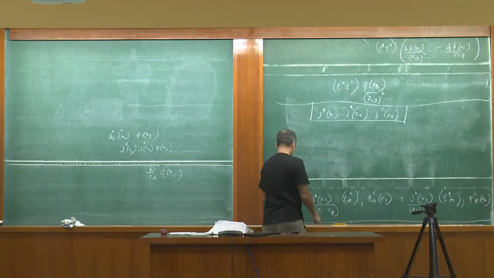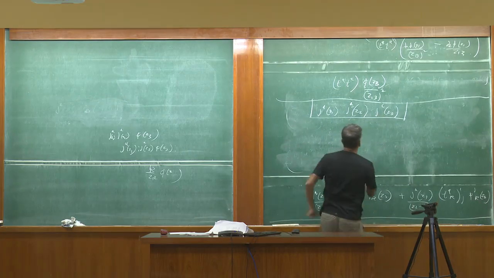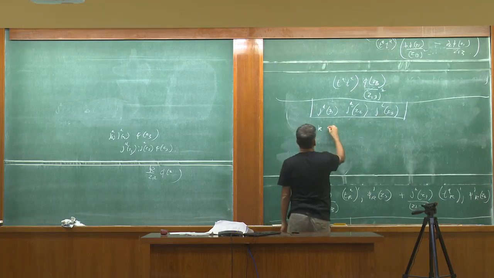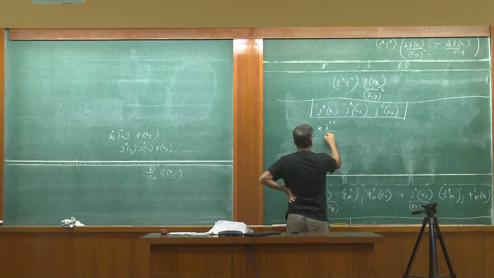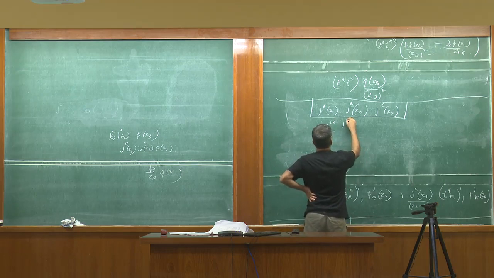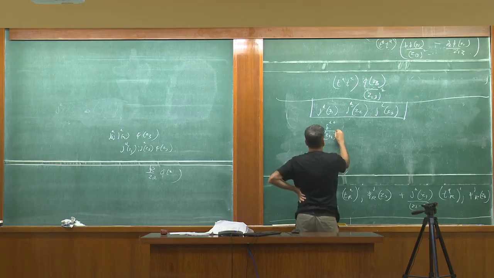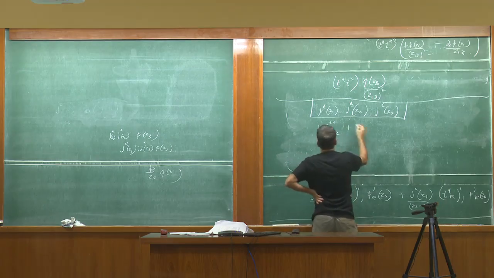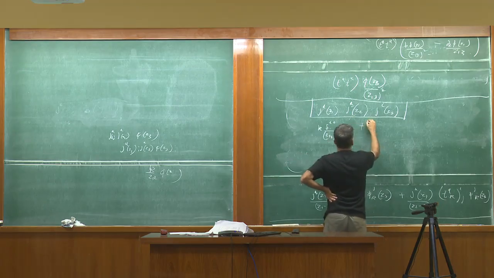So this should be easier. Let's take 3 to 1, so I'll get K delta AC times 1 over Z31, the whole thing squared, plus F